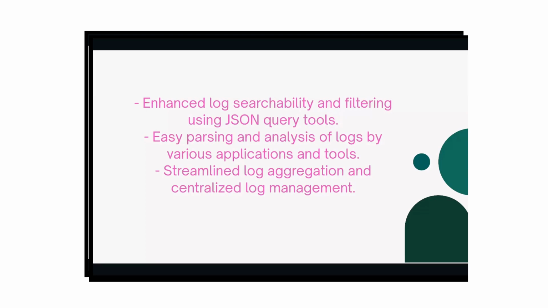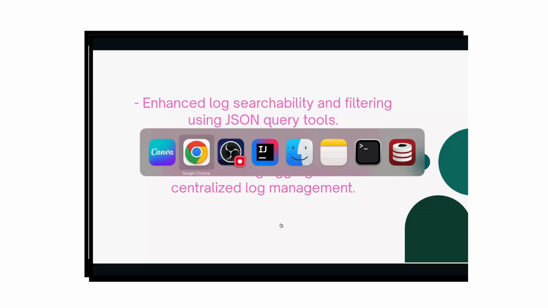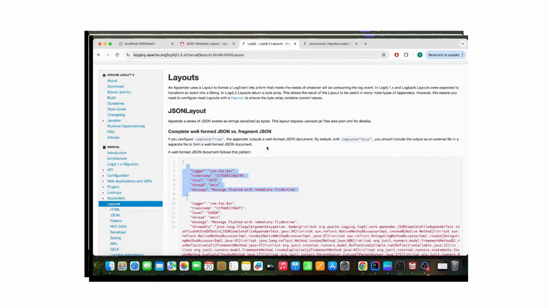Suppose before moving your log to Elasticsearch from your application, you want to do some parsing, you want to do some filtering of logs, you can do that on a JSON formatted log very easily. So these are some of the benefits of using JSON layout. So now let's go through the